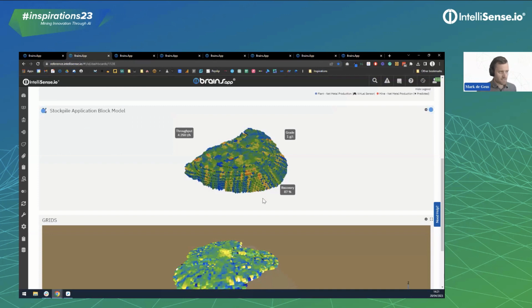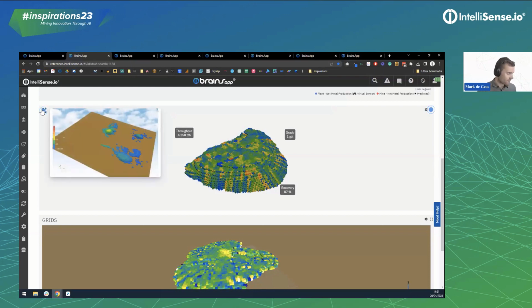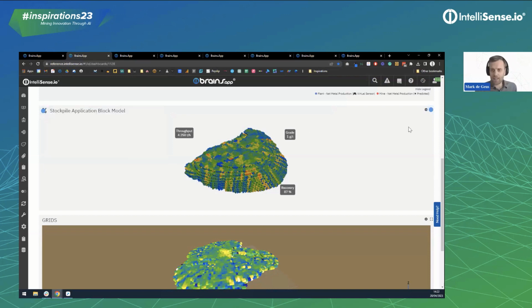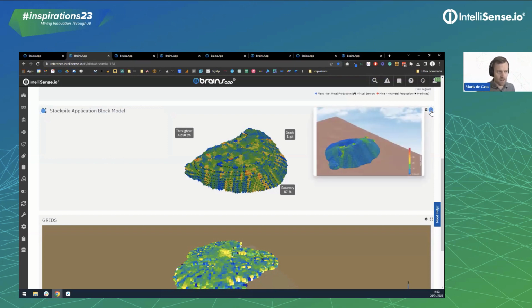The Stockpile application gives you a high resolution 3D model of your stockpile, generated as real-time data comes in. You can see here the formation of stockpiles, obviously sped up in real time, but gives you an idea of the dynamic nature in which we're building these. You can also see that we can track brand new metrics that one would never think of using this methodology. For example, the age of each block here being tracked dynamically over time, blue being new, and then as you can see,